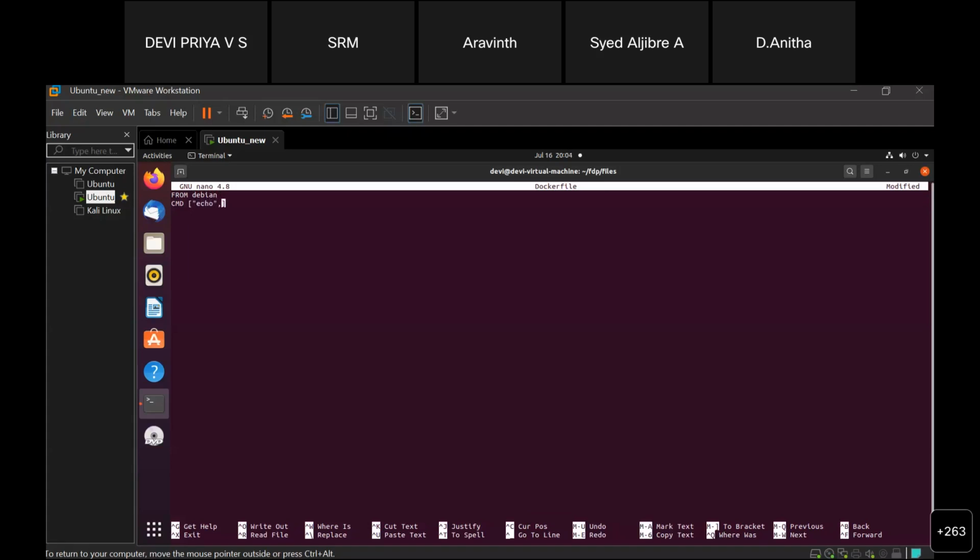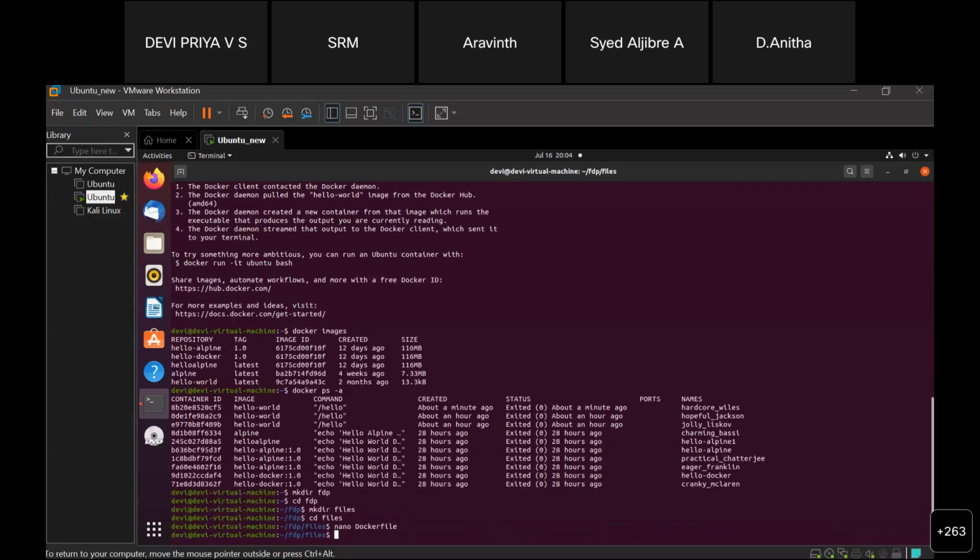So echo, I am giving hello FTP. Here I have only used very basic commands: I am creating my image from the Debian base image and simply printing a hello FTP message. And I can save this.